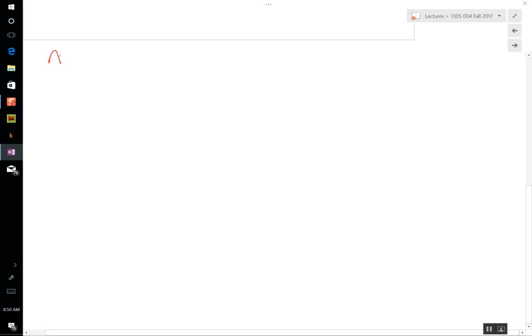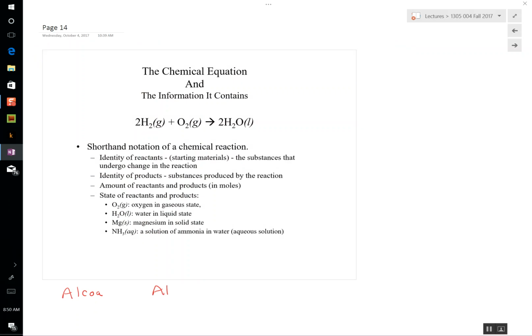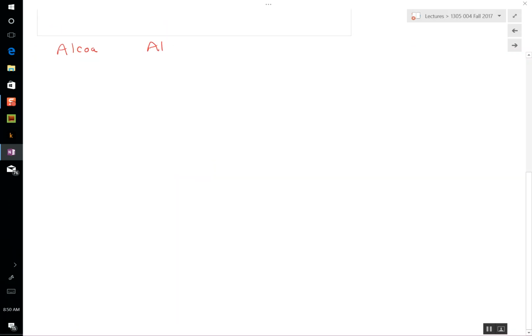Let's pretend for a moment that you work for Alcoa. And what does Alcoa make? Alcoa is the Aluminum Company of America. That's where they got that name. Aluminum Company of America. What do they make? They make aluminum. How do they make aluminum? Well, someone somewhere digs bauxite. They go find bauxite, and